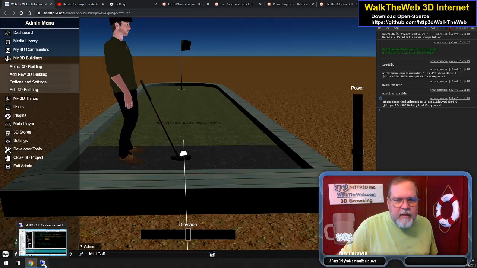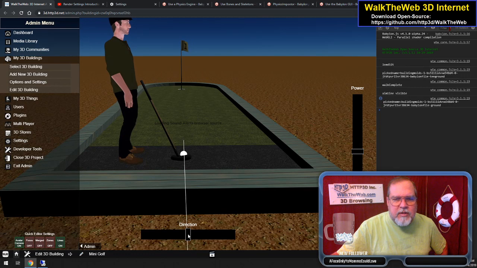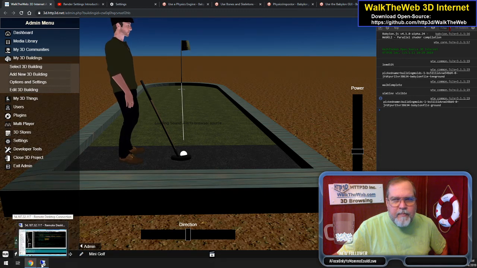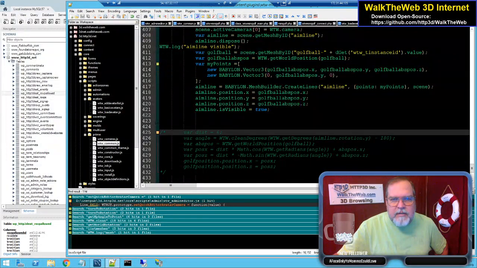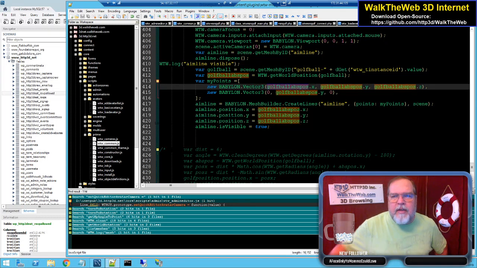Let's see. Golf ball position, and then 0, 0. Why would that go this direction? And see, the second I start to move it, it knows to go there, but notice it's above it still. Did it count it before it hit the ground? But position should not be there. It should be